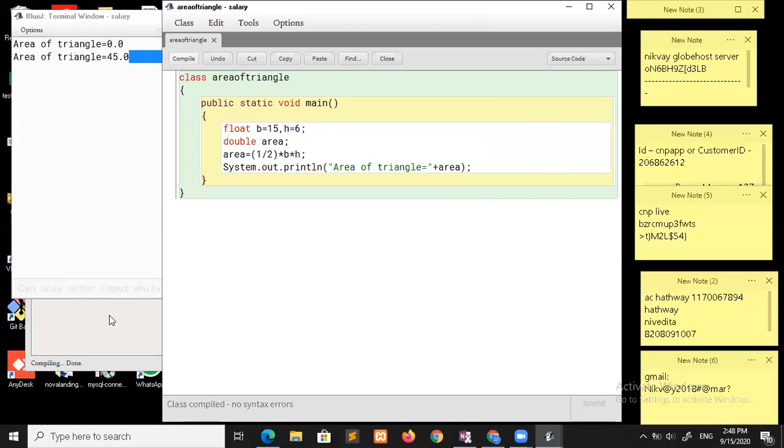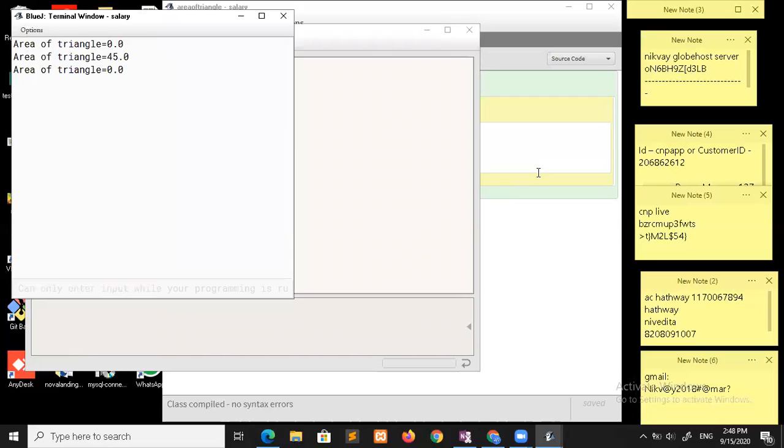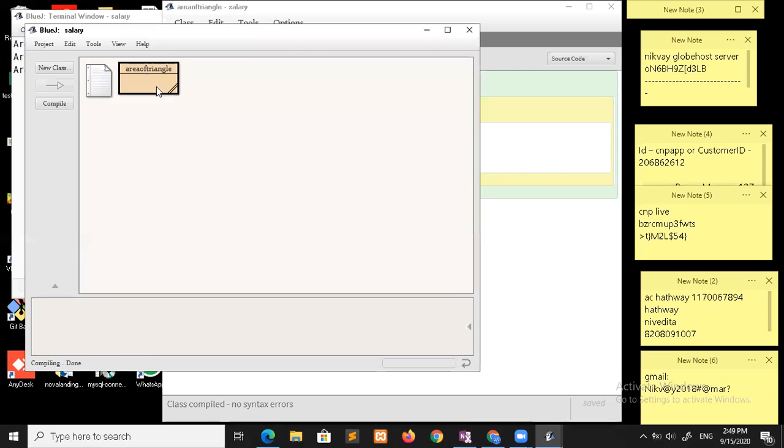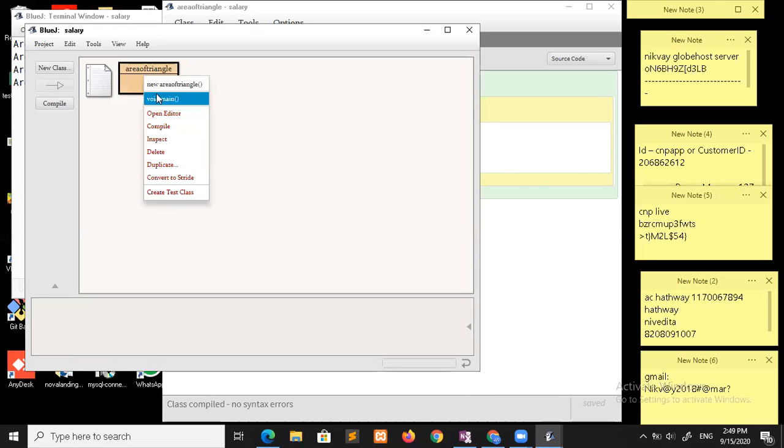Now also I'll get the output hopefully. No, I'm not getting it. And the last possibility, I'll try it now. No, it's not coming with the brackets also. So if I make use of a 0.0 and then compile it and then run it. Yes, then only I'll be getting the output.